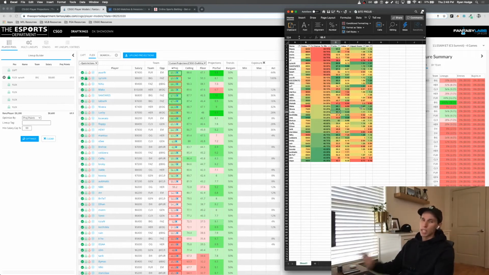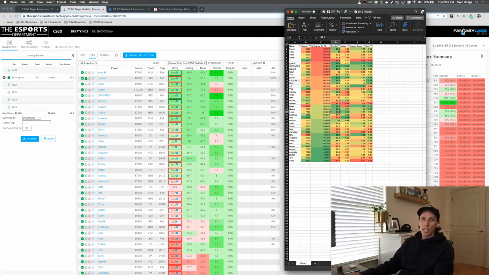And that's what I'm saying. Like this slate was unique. And if you go back and you look at this slate, you'll see that ownership was all over the place. I mean, there were Furia players who, in some of my $25 and $50 five mans, were 20. I was the only person to own a Furia player, which I just thought was insane. Maybe I was wrong on Furia. I don't know, but it doesn't matter. That ownership is nuts. So the ownership was all over the place for this slate. But in general,